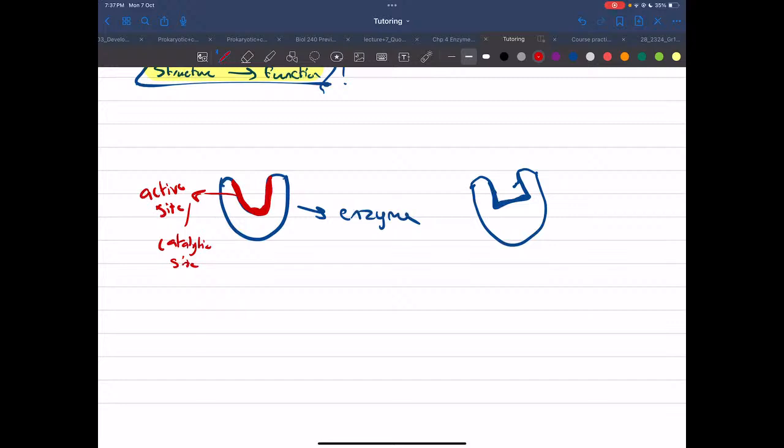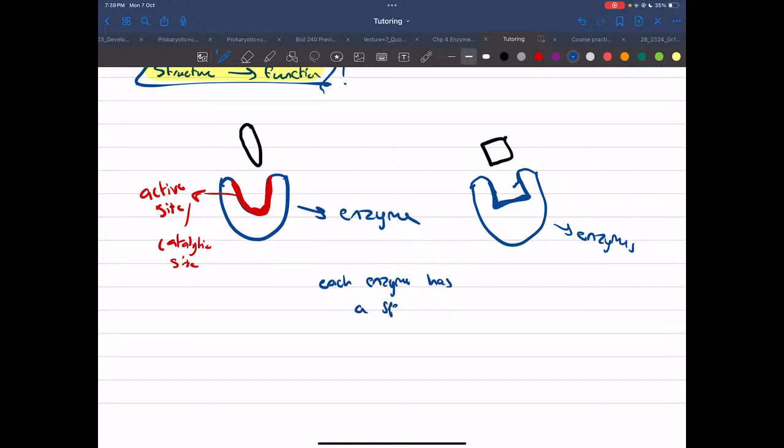So those two enzymes have different active sites. Why do they have a different active site, or a different binding site or catalytic site? Because we have different substrates. Now, each enzyme has a specific